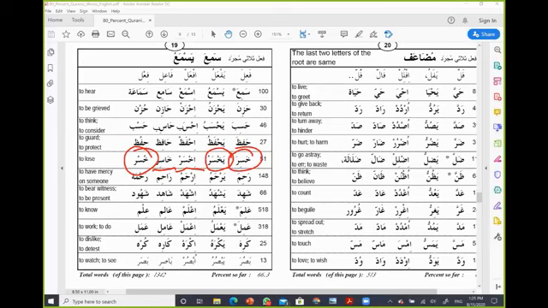Let's do it again. Khasira, lost, and yakhsaru, losing, or is losing. And ikhsar, you're telling him lose. Khasir, you're basically describing the person that is the loser. And khusr is basically the loss itself. Rahima,